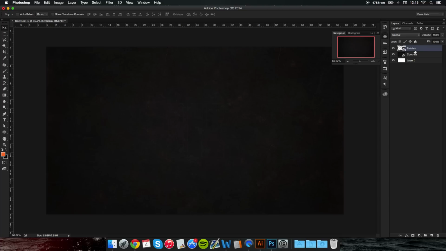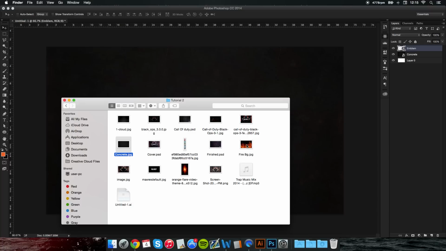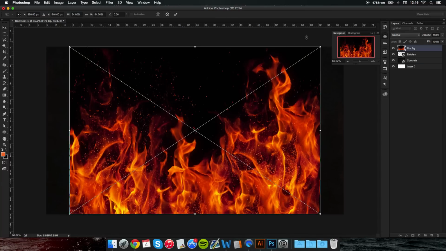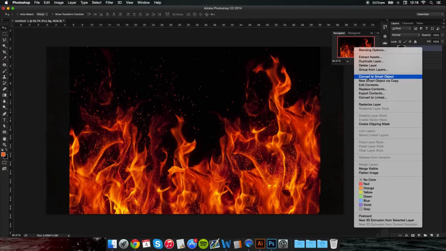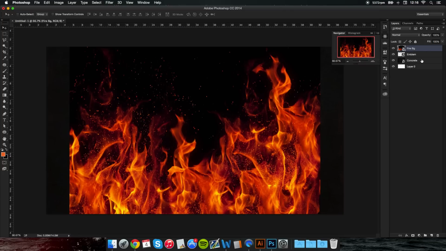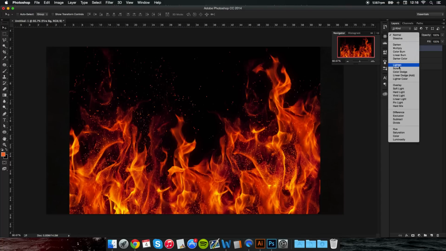Alright, so from this point we can add our next texture, which is going to be the flames, and this is going to be the difference between the original design and epic. So I'm going to drag it in, and it should be a smart object straight away because I've dragged it in. If yours isn't a smart object, all you need to do is right click and convert to smart object. Okay, so now that we've got that out of the way, all we need to do is set it to screen,